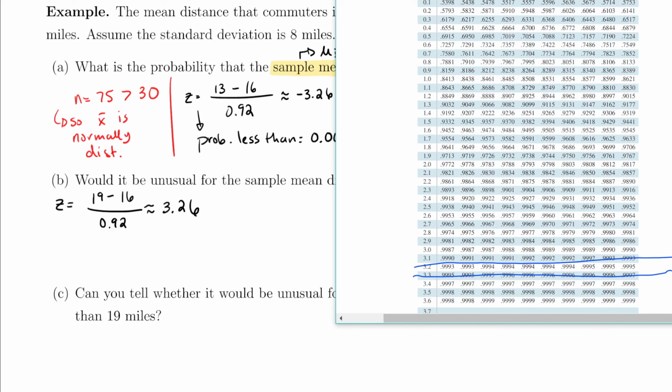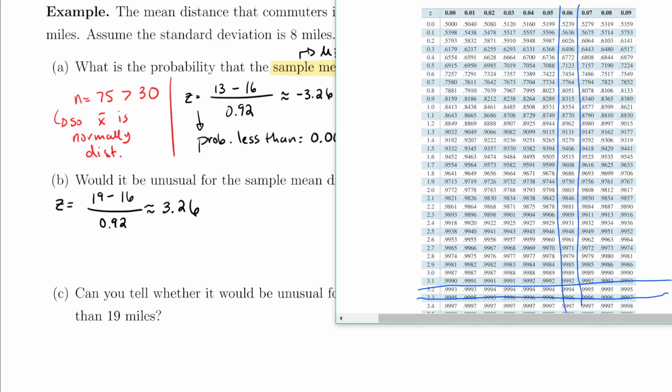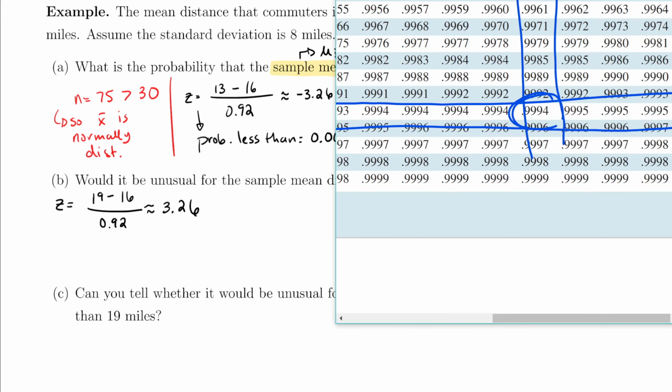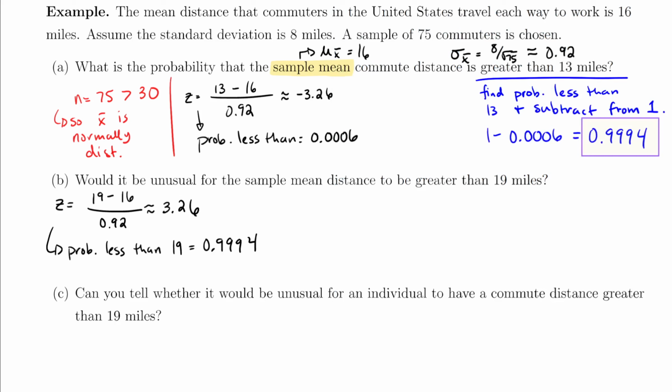Looking that up in the chart, we get our 3.2 row. Let's cross it with the 0.06 column. And when we do, we get 0.9994 as the probability that we're below that value. Now, we cared about being greater than 19. Right now, this is a probability that we're less than. So we can translate this and say 1 minus that value will give me the probability that I'm greater than, which is